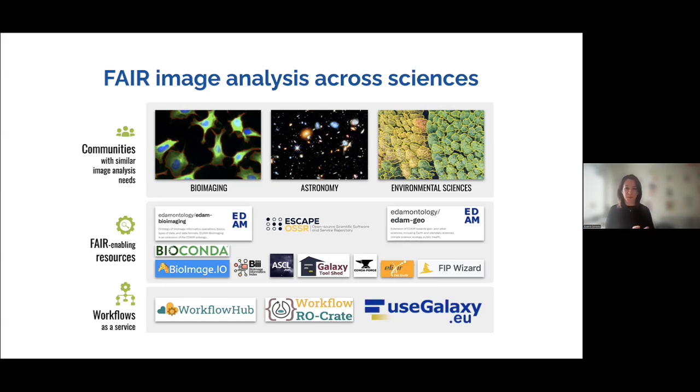So if I put cells, it should run and detect the cells. But if someone else puts a galaxy or stars like this, it will also detect the stars. So that's what we are going to work on in this project. It's going to last for a couple of years, and it's going to start very soon.